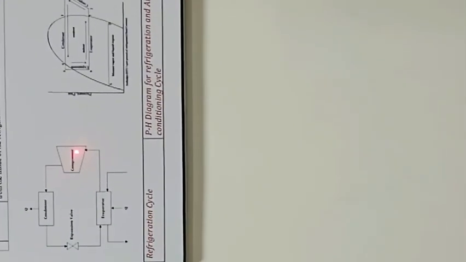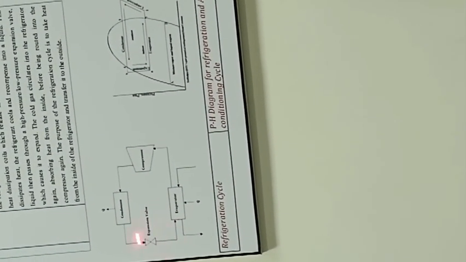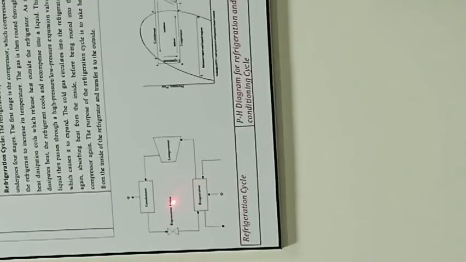So what will happen within the compressor? It will convert the low pressure, high temperature vapor refrigerant to high pressure, high temperature vapor refrigerant, and this will be the inlet of the condenser. And what will happen within the condenser? It will lose heat to the environment, or outdoor condenser. After losing the heat, the output of the condenser will be high pressure, low temperature refrigerant in vapor form, and after passing through the expansion valve it will be low pressure, low temperature liquefied refrigerant, and this will be the input of the evaporator.